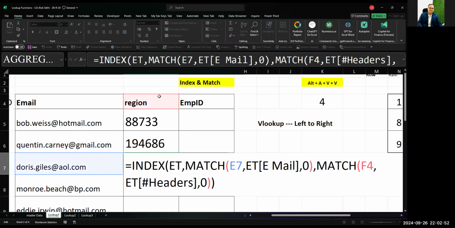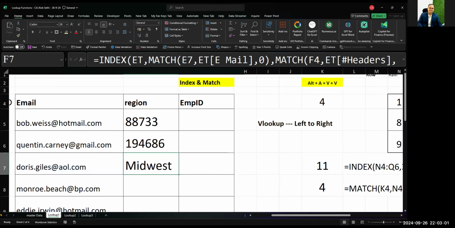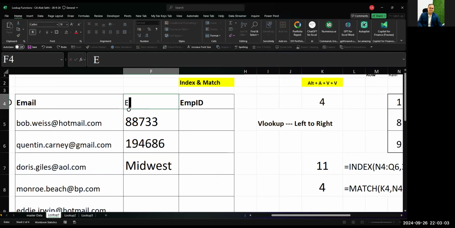अब जो मैं F4 में लिखूंगा वो वाले कॉलम को ढूंढेगा, वो वाला नंबर देगा और उस नंबर से वैल्यू निकाल के लाएगा। ठीक है, अगर मैं इस कॉलम में एम्प्लॉय आईडी लिख देता हूँ तो एम्प्लॉय आईडी पहले कॉलम में है, तो पहले कॉलम में से वैल्यू उठा के ले आएगा।